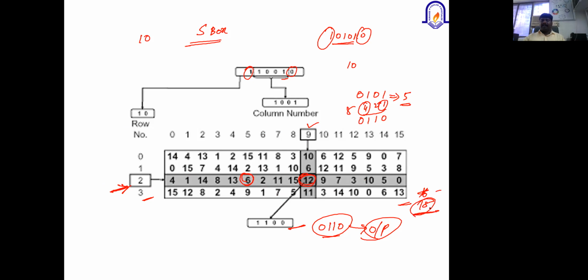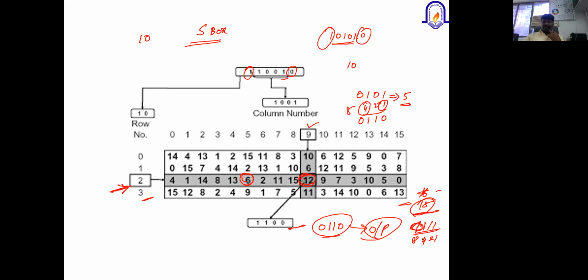All the outputs are binary values. For 15, it is again 1111. What is the binary value for 12? 8, 4, 2, 1.